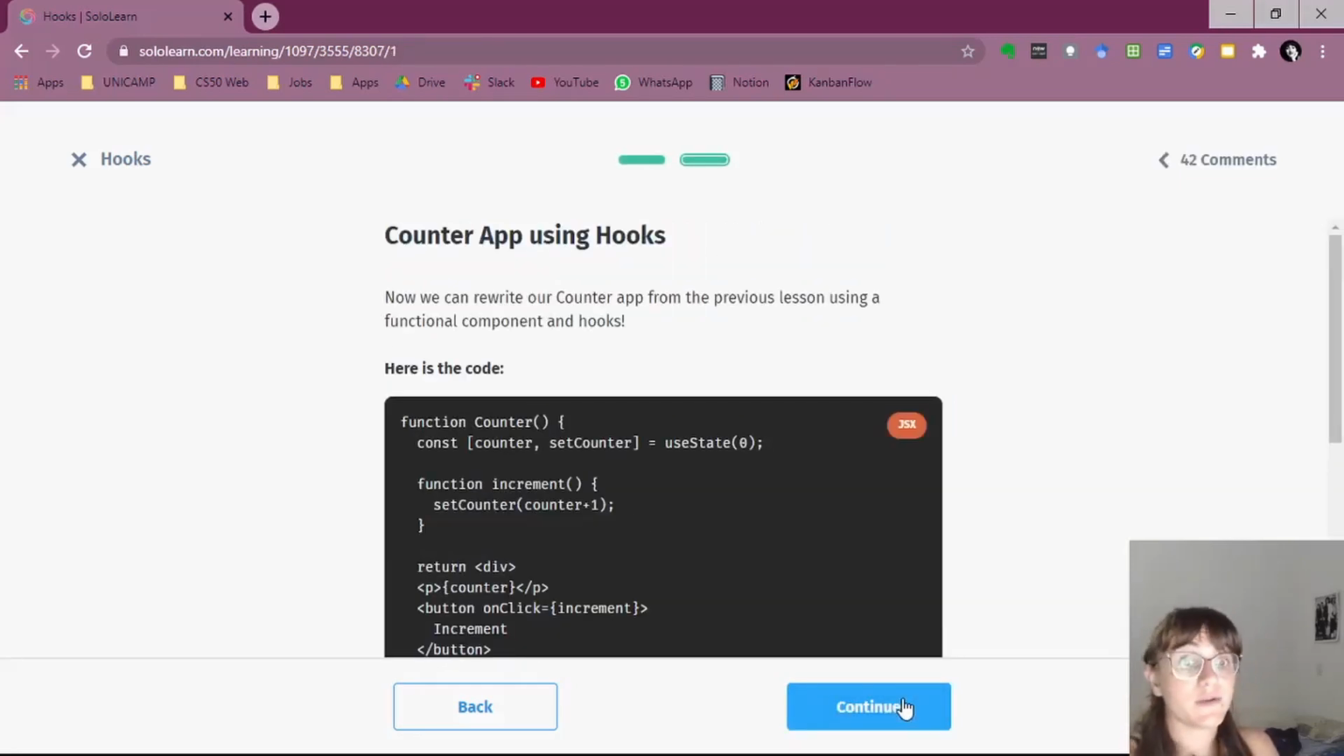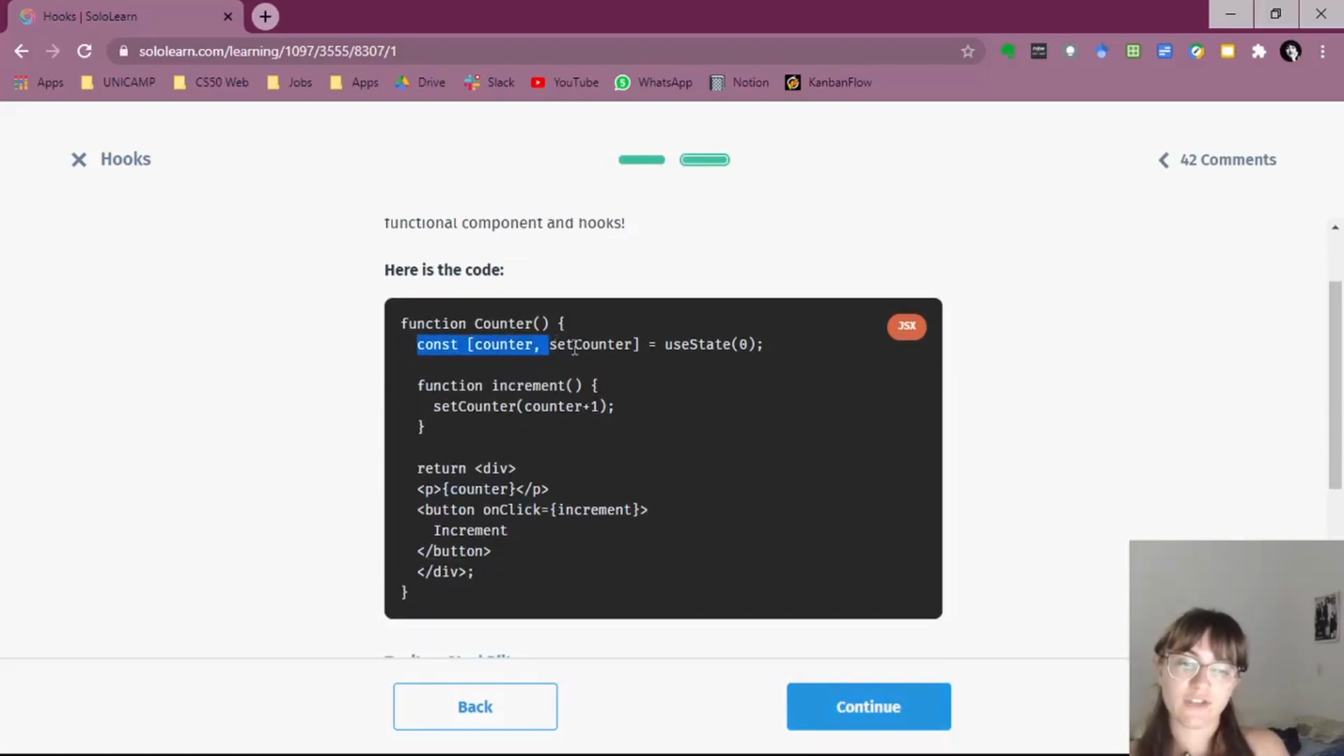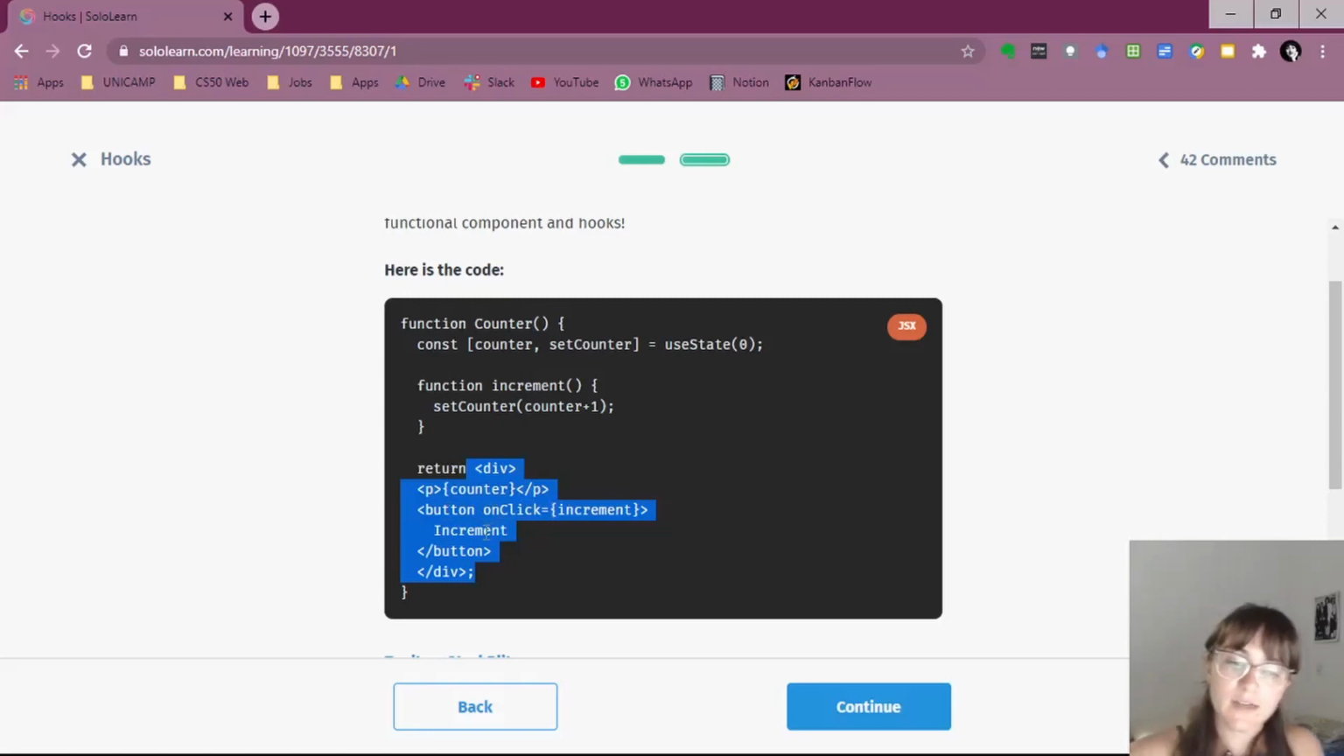Counter app using hooks. Now we can rewrite our counter app from the previous lesson using a functional component and hooks. So here's the code. We initialize our counter as 0. Here we create a function increment that is going to increment our variable. So here we use the setCounter and we do the increment, counter plus 1. And here we return the div that will have the paragraph, the button with the event handler, and